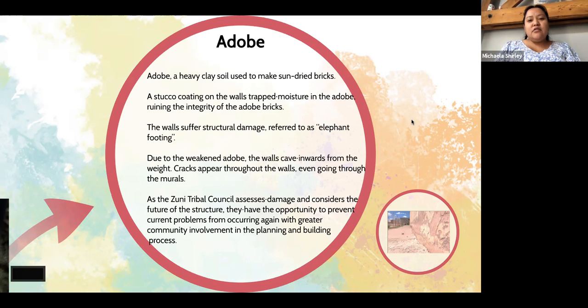Also, it's really tied to our languages. So there's an ability for us to really understand more concretely, just like our ancestors, how it is that we should be living, or how it is that we should be building our homes.